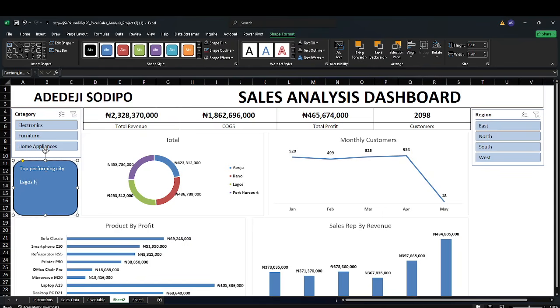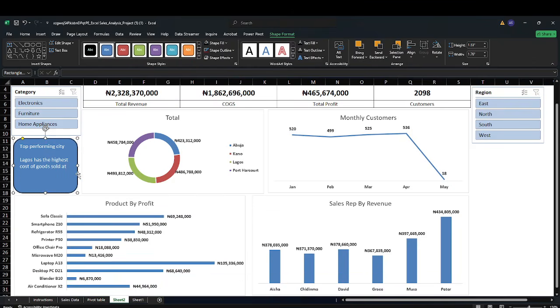Lagos has the highest cost of goods sold at 493.81 million. Now in this case, we typed the figures,